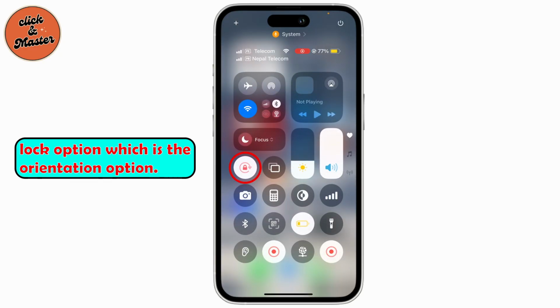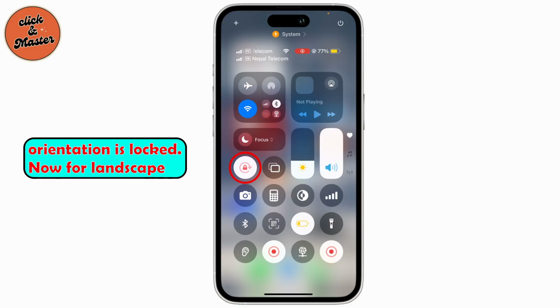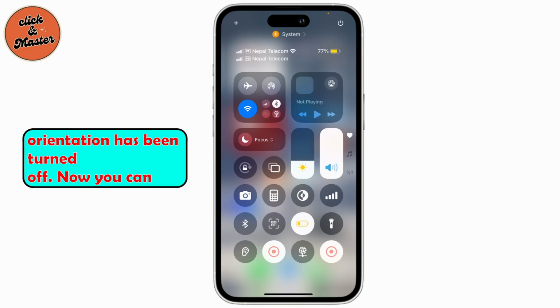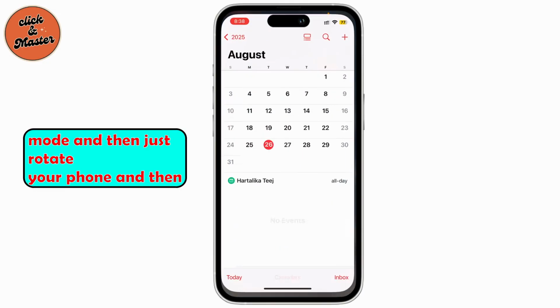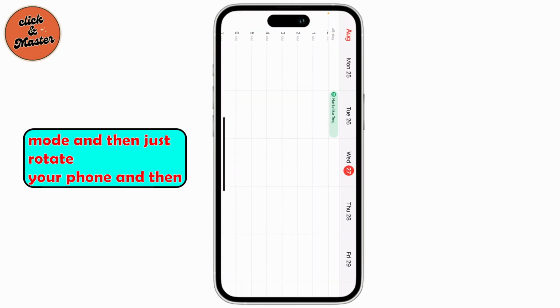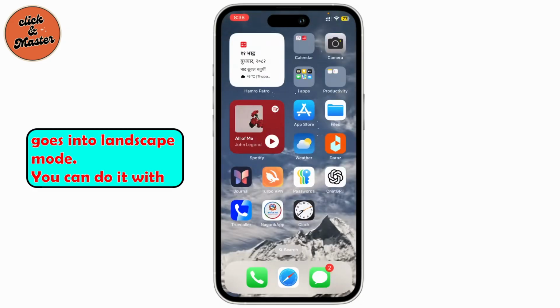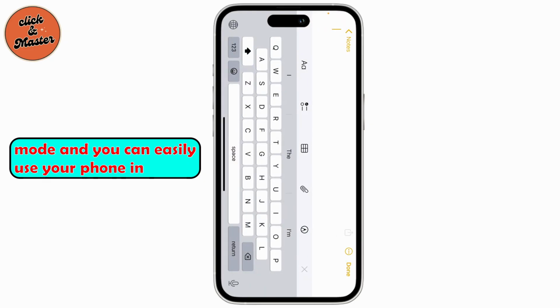the lock option, which is the orientation option. So if it is red in color, that means the portrait orientation is locked. Now, for landscape orientation, you'll have to tap on it, and now you can see that portrait orientation has been turned off. Now you can go to any app that supports landscape mode and then just rotate your phone, and then there you can see it automatically goes into landscape mode. You can do it with any app that supports the landscape mode, and you can easily use your phone in